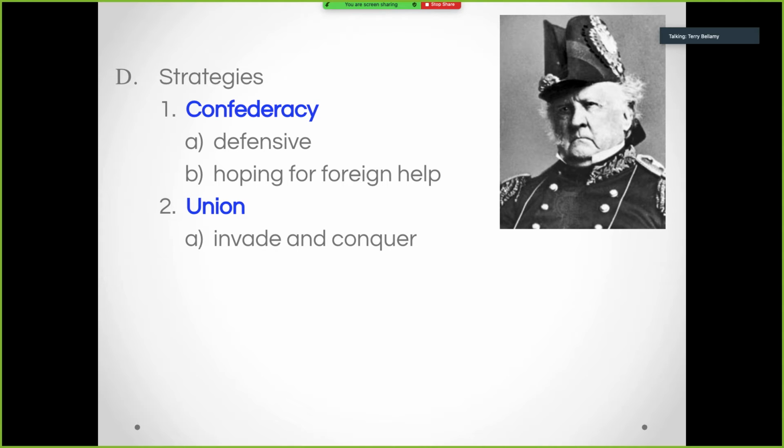The Union strategy is to invade and conquer. It's offensive. So if Fort Calhoun decides to invade, that's kind of the Union strategy. They look at Blair as ripe for the picking. There's lots of great resources here. The boys in Fort Calhoun are thinking that the girls in Blair are cuter than the girls in Fort Calhoun, so they want to attack. They want to make Blair theirs so they can have all the girls and all the resources. Girls, wasn't that nice of me to say?